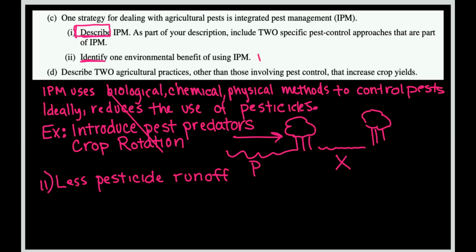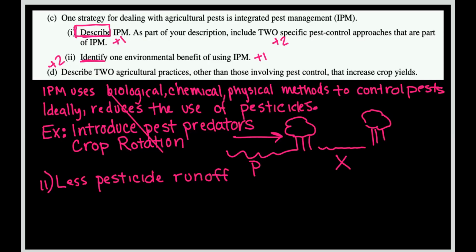This is probably worth 1 point. If I had to guess, this would be worth 1 point. That would be worth 2. And describing would be worth 2. So you see the part that's not part of your experiment is 6 of your points. So that's kind of nice. It's over half. And then the last thing it says is describe 2 practices other than those that involve pest control